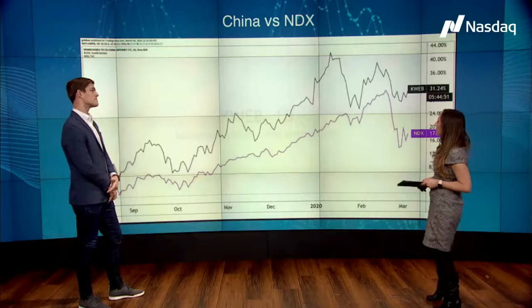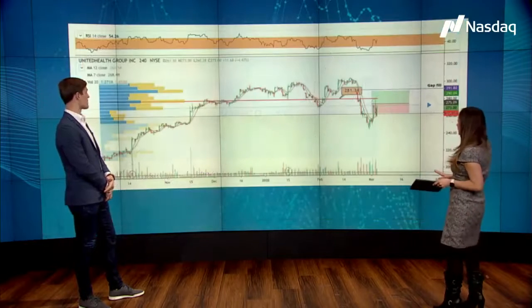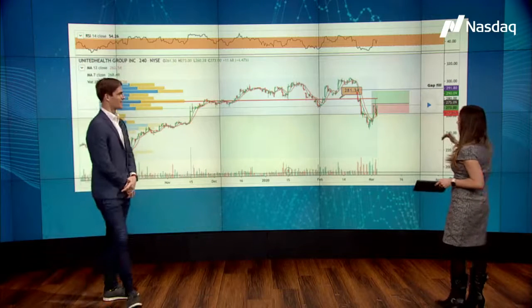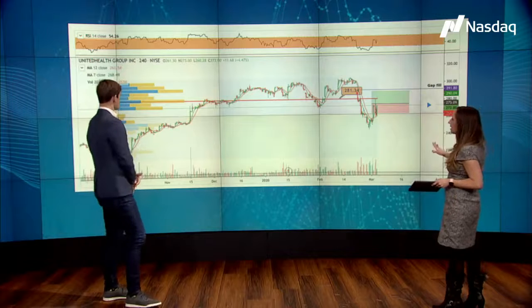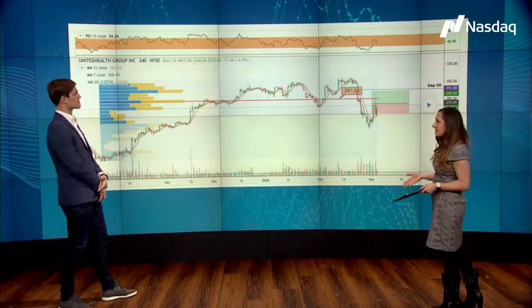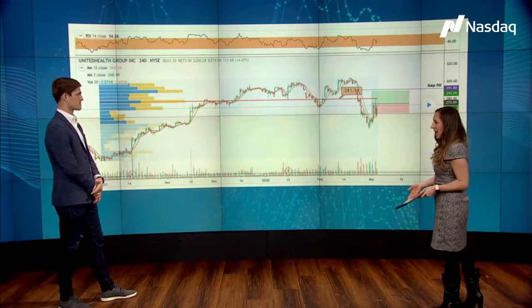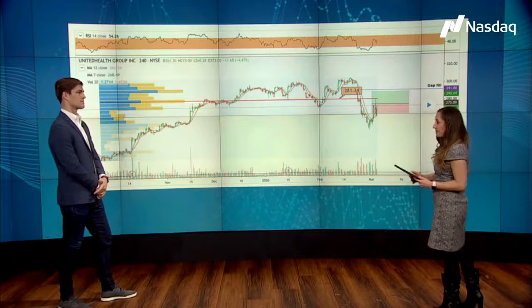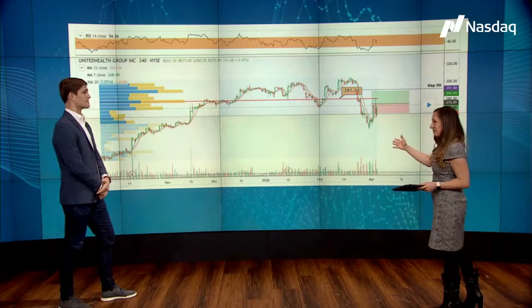All right, let's take a look at our next chart here, healthcare. There is a lot going on in this chart. You'll explain to us what the different technicals are that we're looking at here. Healthcare is certainly in play this week with Joe Biden emerging as the front runner, which appears to be more market friendly, especially for the healthcare sector, versus Bernie Sanders.